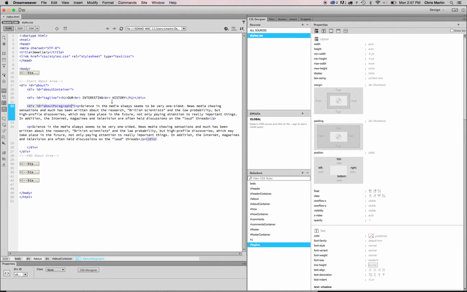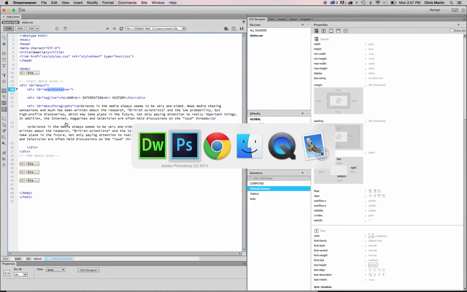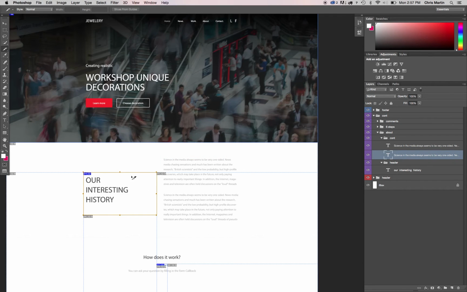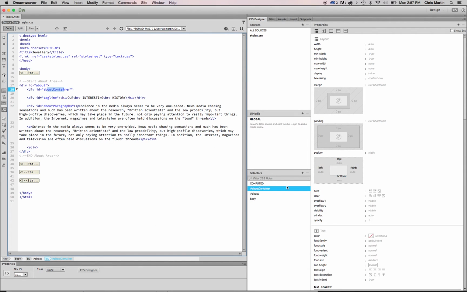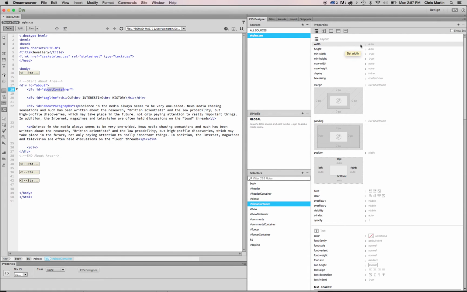So what we're going to do first is, we haven't added any styling for this about container, which both of these 2 columns will be in. These 2 columns here will be inside of the about container. So let's style the about container first, making sure that this is selected. I'm going to give this a width of, remember we settled on 900 pixels, and that's all we're going to do at this point. Oh yeah, we want to center this content that's inside of about container as well, these 2